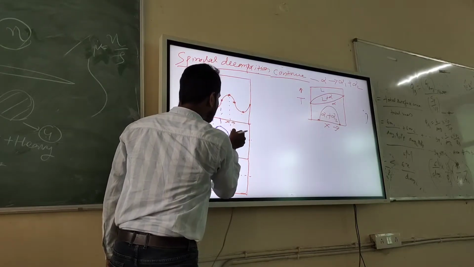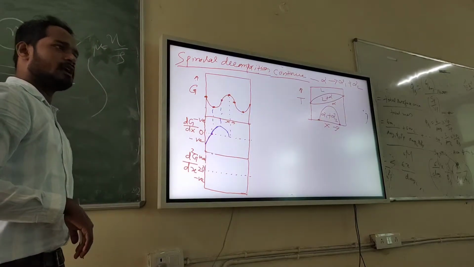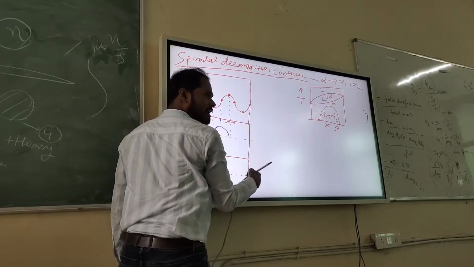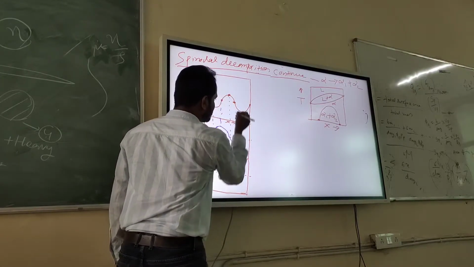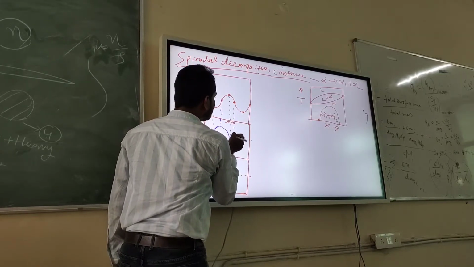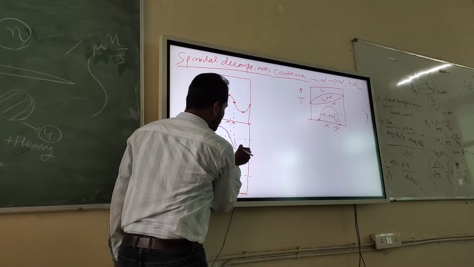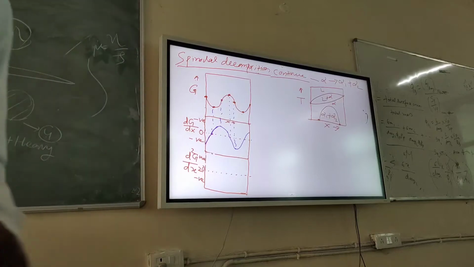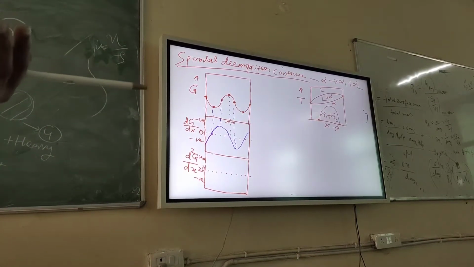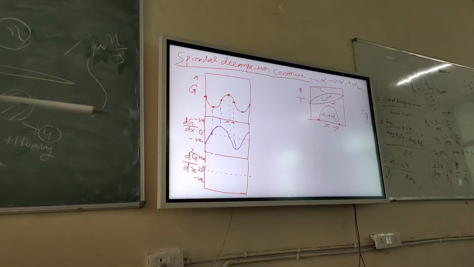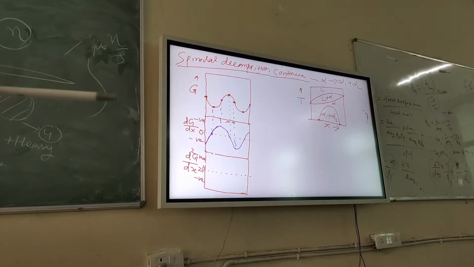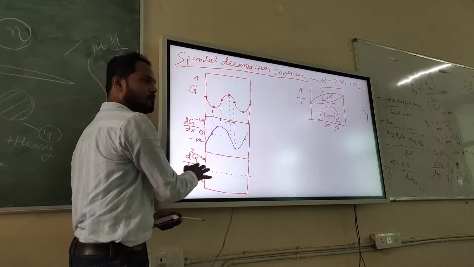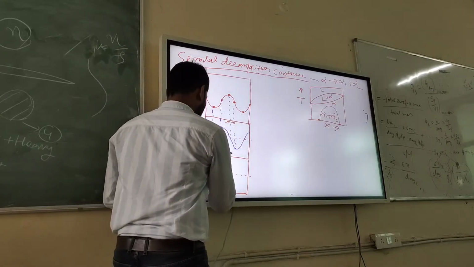This is the point. Are you getting this point now? This is the point, and finally from here it is again increasing but in the negative direction, so it will move down like this. It will reach a maximum point, and finally it will go like this. Is it right? Everybody understood? And finally, if you want to find out d square G by dx square, again you want to find out the slope, the second derivative, right? So how will it be?